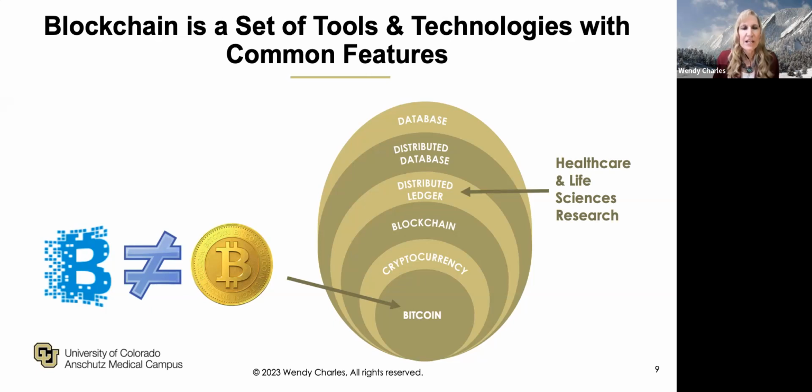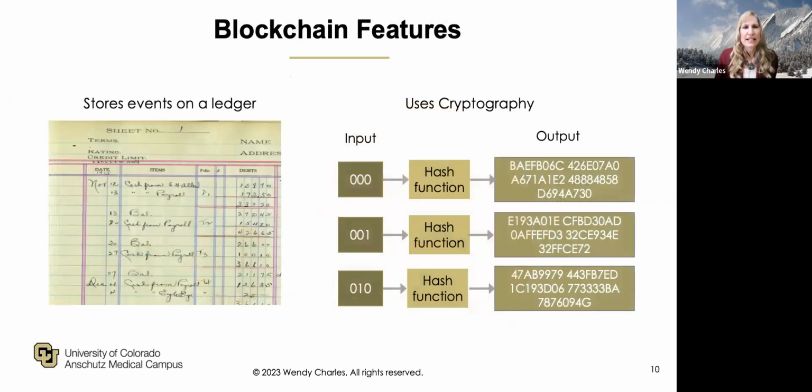And I'm going to talk just a little bit about some of the differences between distributed ledger technologies and blockchains. So first, the common features that these all have, and first and foremost, the data is stored on a ledger. For those of us who took accounting when it was still on paper, we learned about ledgers and how every single activity creates a new line. And it's a very different way of thinking about data management than those of us who are trained in classical clinical research models, where we had to design the databases to store data in tables and columns and rows. And it gives us so much more flexibility to be able to store activities on a ledger.